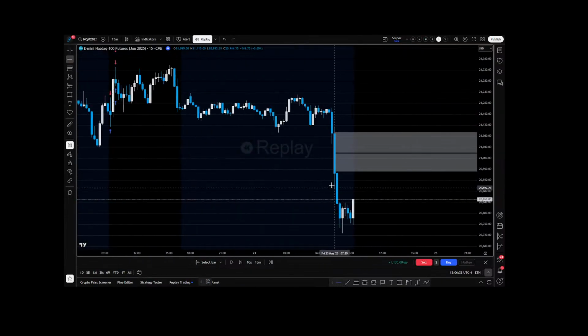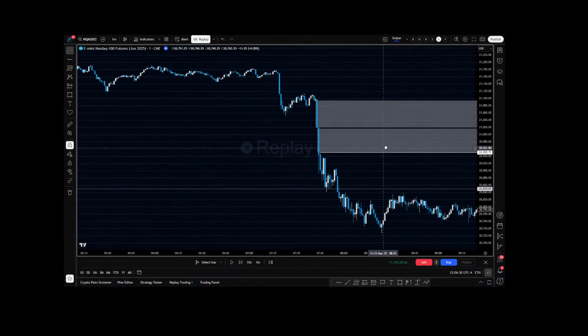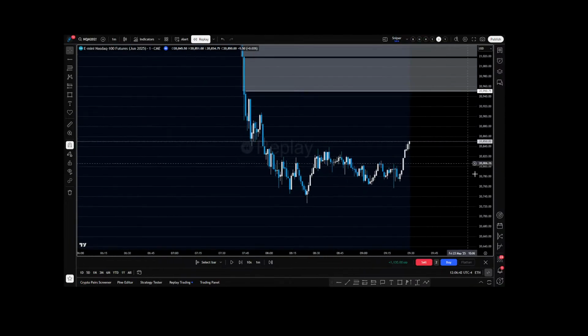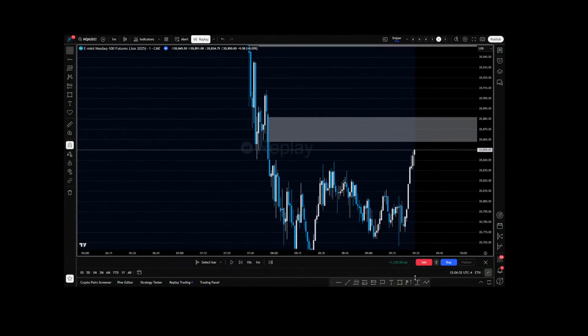So this is a key level to watch out for. Fresh 15-minute fair value gap, and then on the 1 minute, fresh 1 minute fair value gaps there. So this would be my draw going into the open, right? What's holding? Boom. And then a couple here, we'll just mark out the most recent. And we'll go through Friday pretty quick.